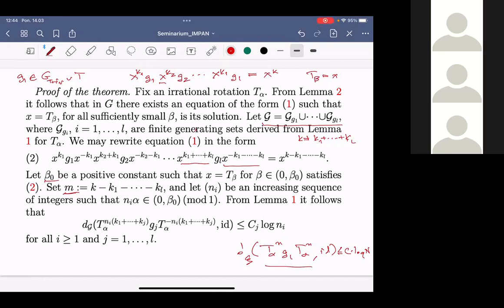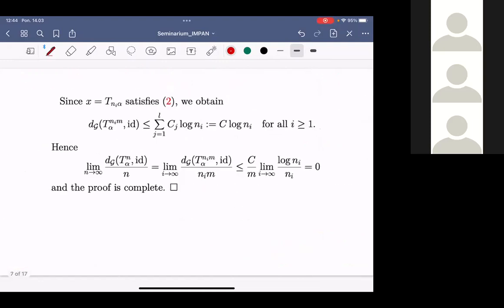It was proved in lemma 1. Okay, if we know this, we see that